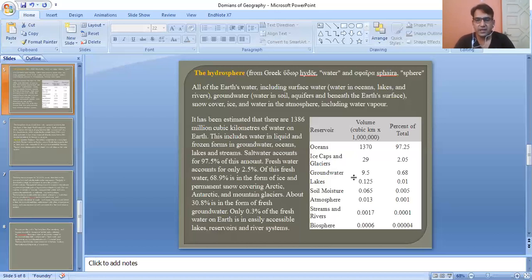But the thing is that this portion, which is lakes, soil moisture, or you can say somehow atmosphere or streams, lakes, biosphere, which we are directly using, consuming for the domestic purpose, for agriculture and for the industries, जिसके ऊपर हमारा कंट्रोल है या जिसके ऊपर हमारी एक्सेस है। बाकी ये जो पोर्शन का पानी मौजूद है 97% जो ओशन में, आइस कैप में और ग्लेशियर में मौजूद है, ये उस पे होता है। अब इशू ये है कि we most of the time have been hearing about water shortage, water scarcity,